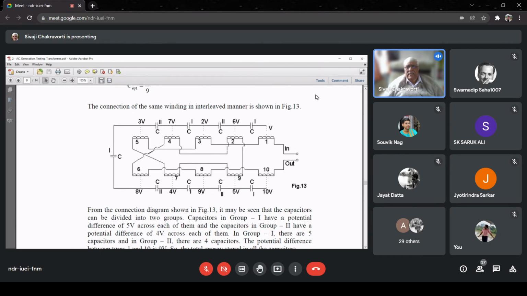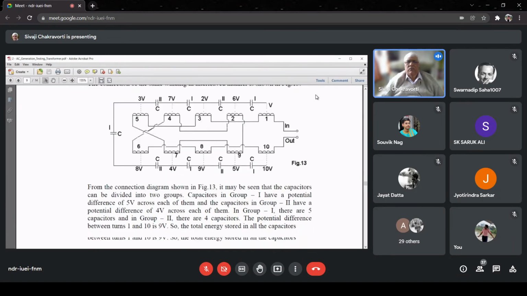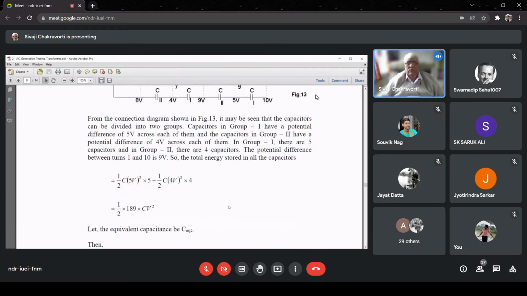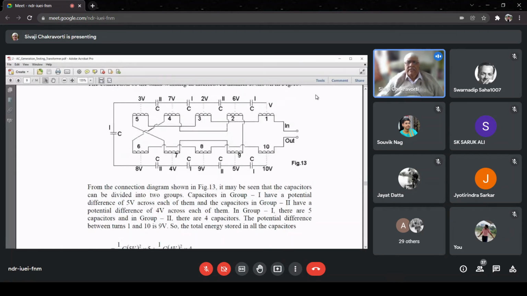In between there is another winding and there is a big potential difference. So how do you bring the connection? That means the wires. Otherwise there will be big short circuits or big arcing. So that's a very typical connection which is not easy, and therefore these are very expensive windings, not commonly used. These are used only for very high voltage transformers where such linearity of potential distribution is of primary importance.